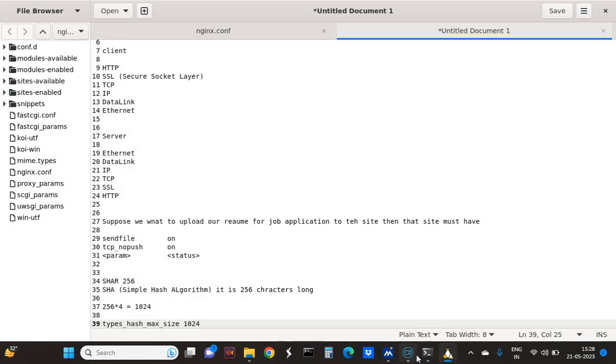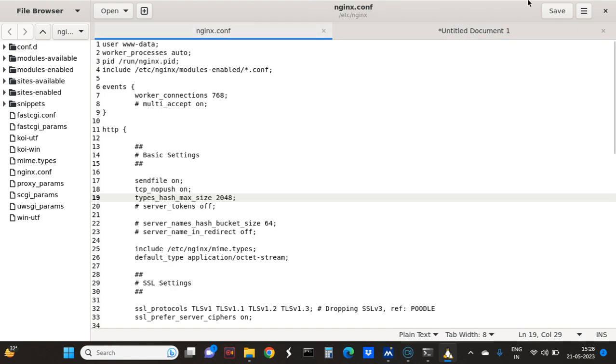So now we will just do configuration. Server tokens are off, so the token will be generated by the client, not the server,